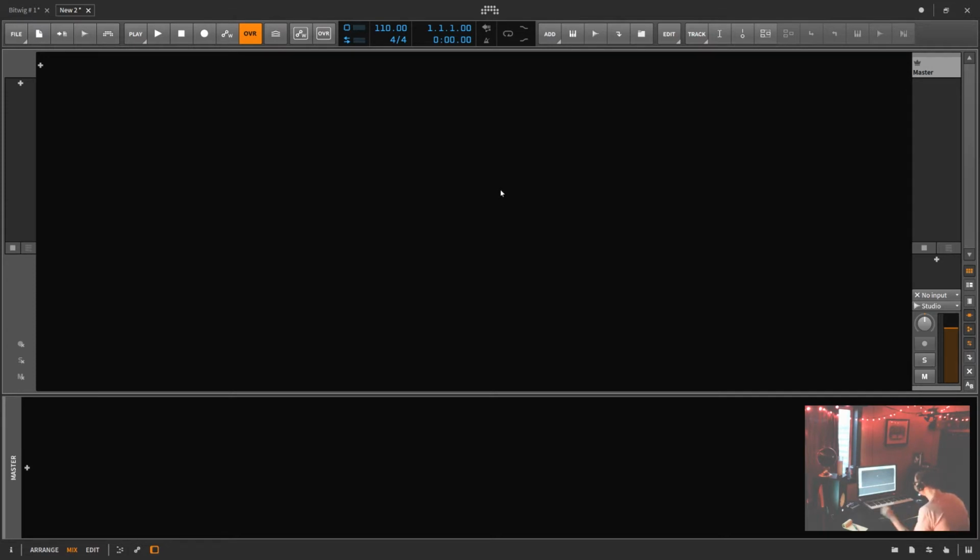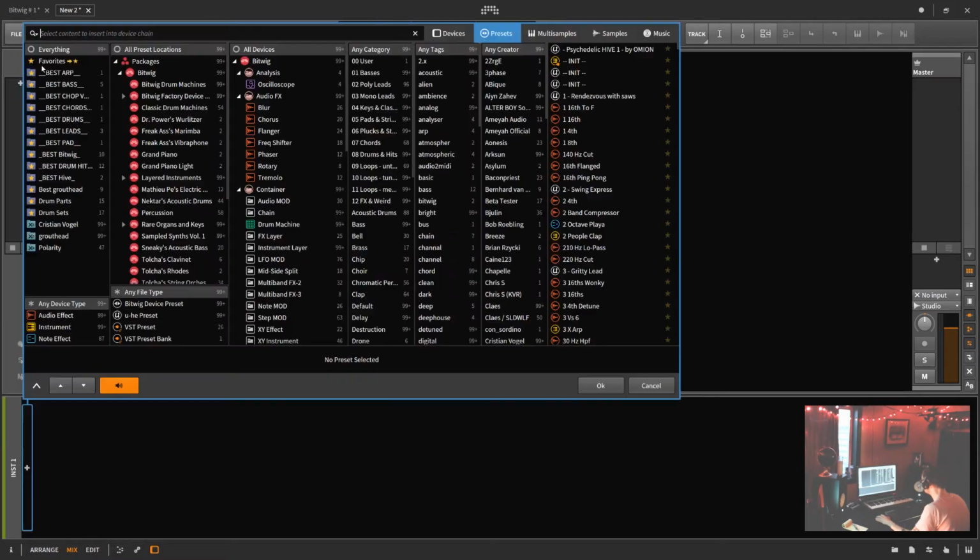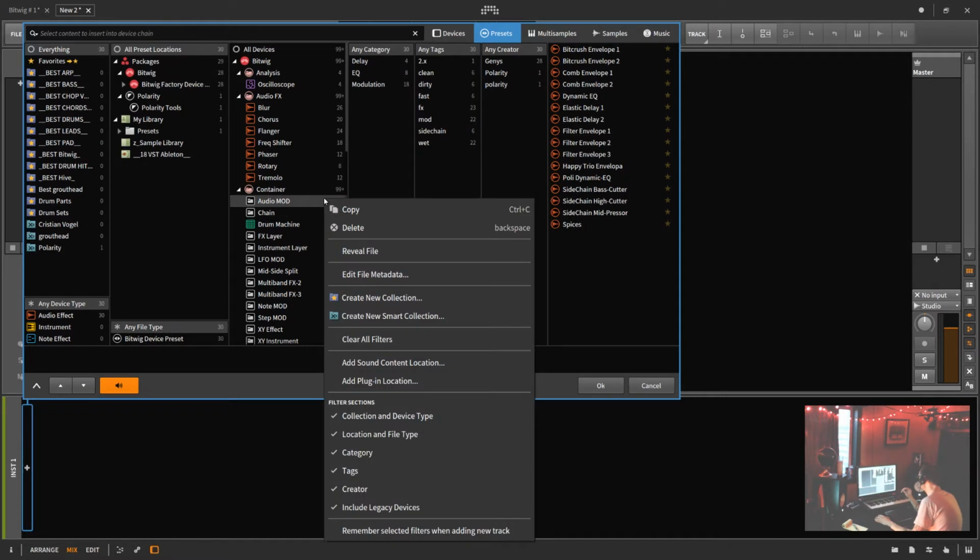By overwhelming, I mean that if you click pretty much anywhere on the user interface, if you click the plus sign, the pop-up browser is going to come up. Let's go ahead and hit this plus sign, and whoa, that's just too much. It's too crazy, it's too chaotic. An important thing to understand is by default, all these folders are going to be expanded. Now there's no way to change this in the preferences, and I'm hoping in a future update they will in fact change this. Something that you can do, which they added in Bitwig 2.0, is you can right click here